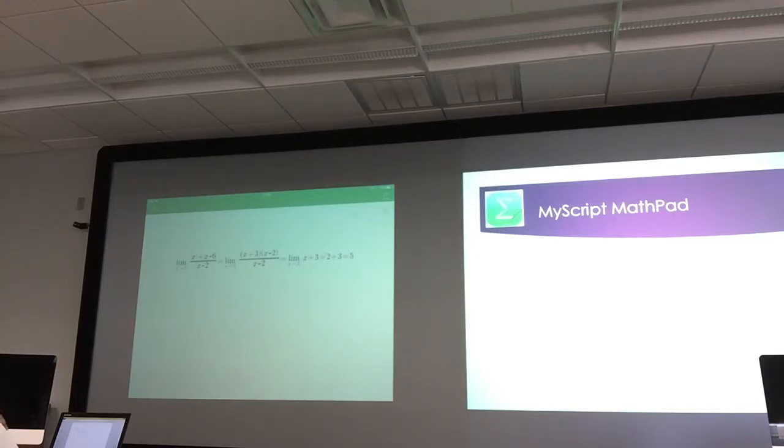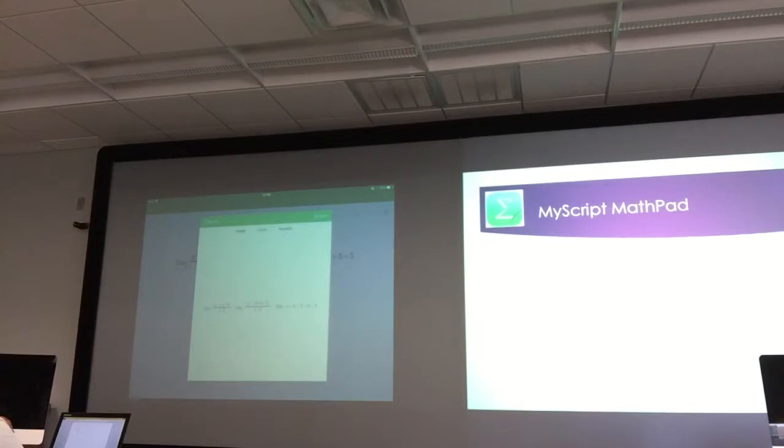What I love about this is that, okay, I've done this example. Now I want to reuse this example. I could save this as an image. So if I'm teaching multiple sections, I could just throw this into a PowerPoint as an image. What I like to do is save it as LaTeX. I could create a handout for the students later on. Here are the problems we worked in class. Please review this information. You will see it on the exam. I could also